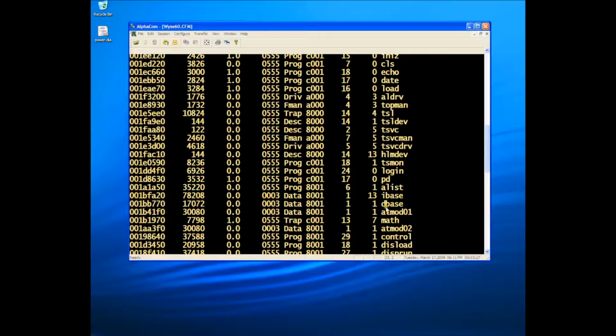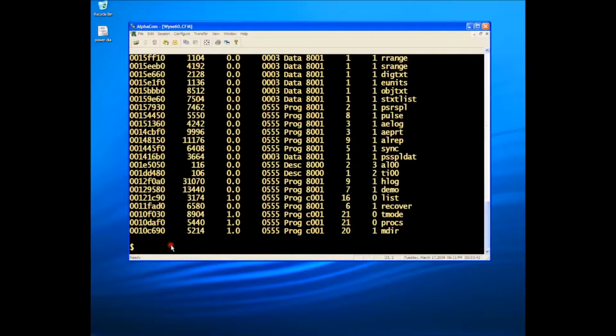You can see the database itself is actually only 17K, and the index to the database is only 78K. So the whole database, which in this system is around about 5,000 objects, only takes up about 100K, so very efficient. The only other command I'm going to run while I'm in the console is the mfree command,